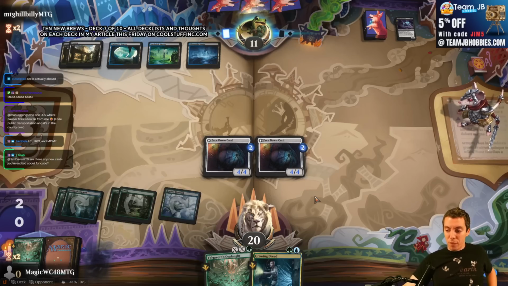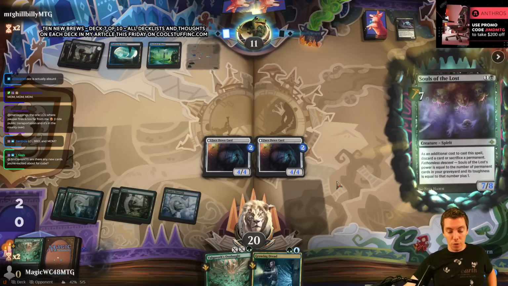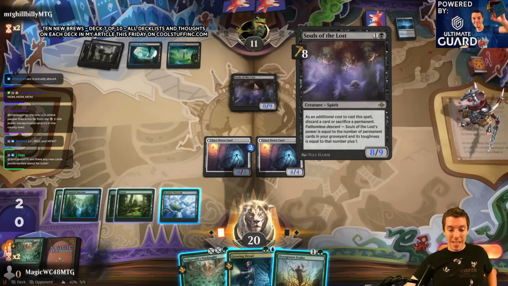Any cards I'm excited about for Cube? I haven't looked at the set in that manner, really. I think FOMO is really cool for Cube. The Delirium stuff are usually really fun build-arounds, so